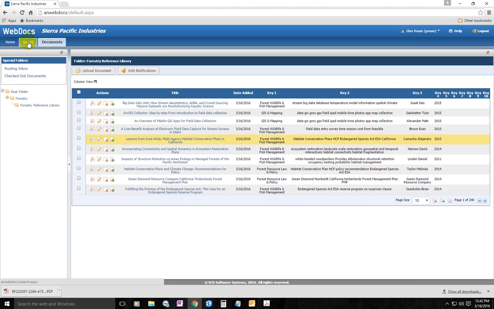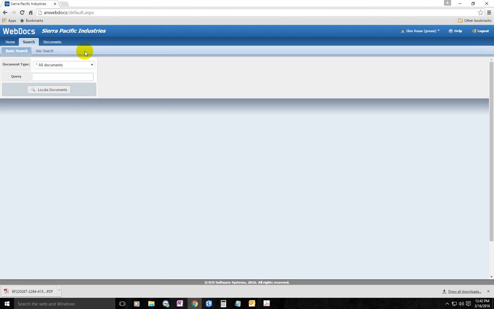The other thing that I want to show you is how to search in Webdocs. Now there's two basic areas of search. One's basic search and the other is key search. What I find to be most effective in both basic search and key search is I want to limit the scope of my search. So the first thing I do is under document type, I want to click on forestry reference library. This just keeps Webdocs from searching a larger set of documents. I find that fewer words is better in the basic search box, so I might use the term OWL,